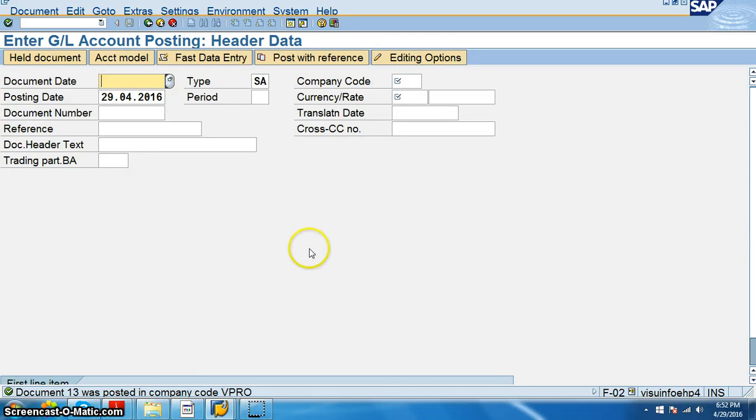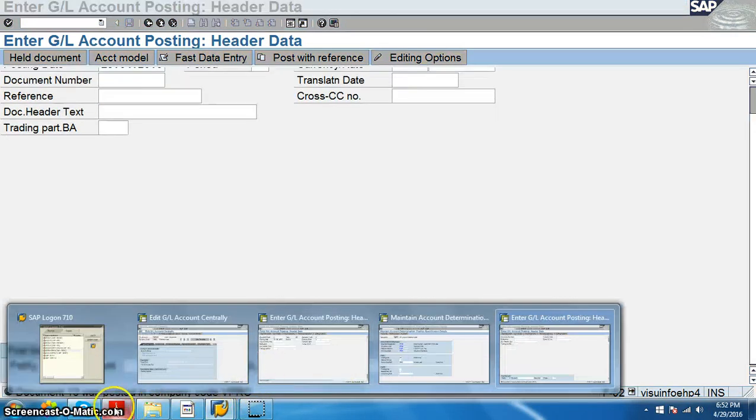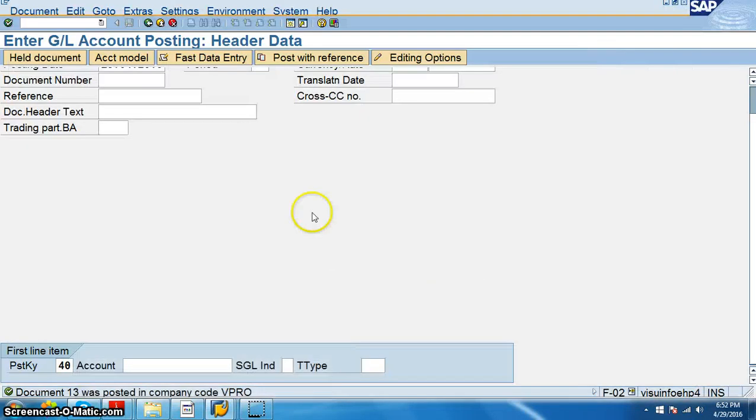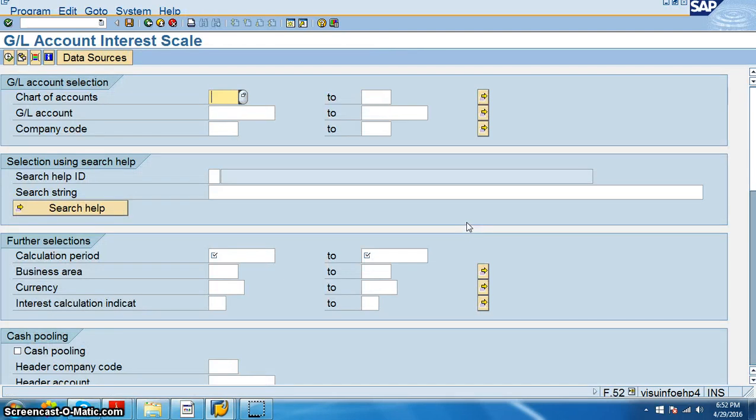So what exactly we are doing is we are making use of the account that we just created in the previous steps. And that account is what we are going to make use of for creating the F-02. And interest calculation F-52 will be displayed only when we have a couple of interest, either debit or credit. So F-52 is the one. We have chart of accounts as VPRO, but calculation